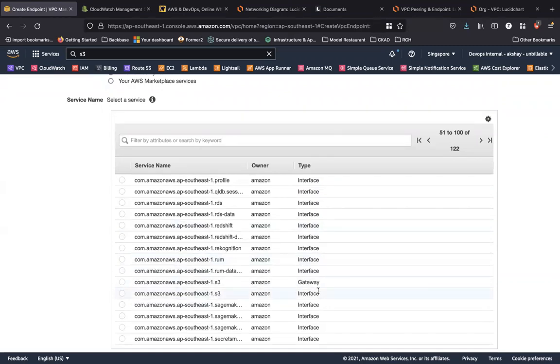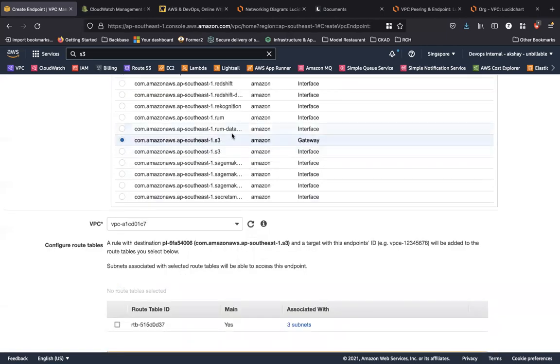And I told you the advantages of using an interface endpoint, where if you would like to peer two VPCs and connect to the S3 service through the peered VPC, a gateway endpoint will not work, whereas an interface endpoint will work. If you would like to access S3 service from your on-premise network and you would like that traffic to go through the gateway endpoint, it will not work. But with an interface endpoint, it will work. So there are some advantages to using an interface endpoint over a gateway endpoint. But in this example, we are just going to go through gateway endpoint.